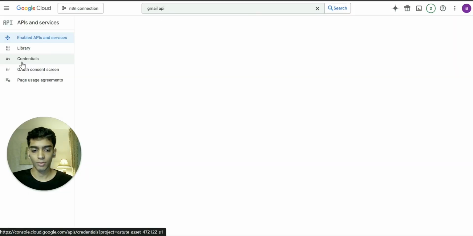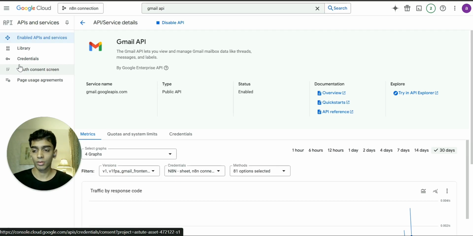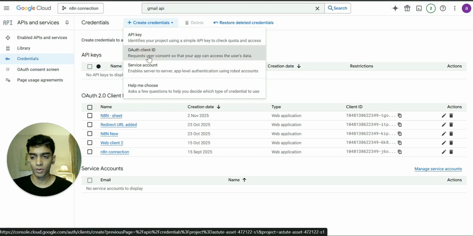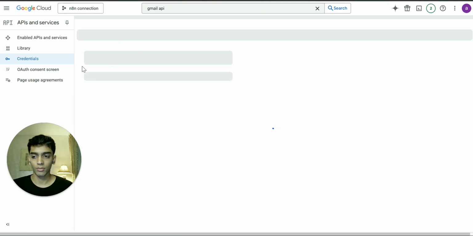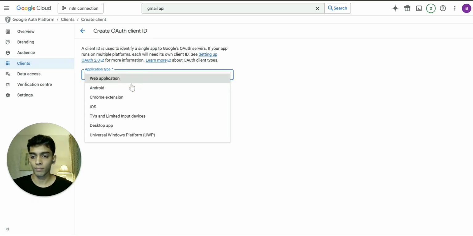You have to connect the OAuth client ID. Before you create a credential for the OAuth client, you just have to give consent for OAuth, right? So if you go to credentials and OAuth client ID, if it asks for you to give consent to OAuth, just follow the steps and again come back to credentials, create one OAuth client ID, find the application type, select